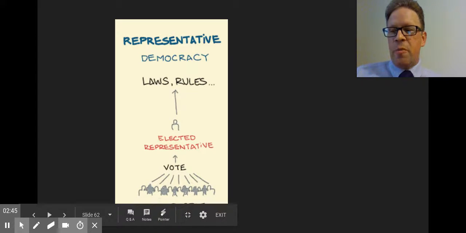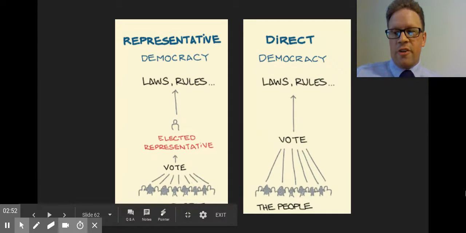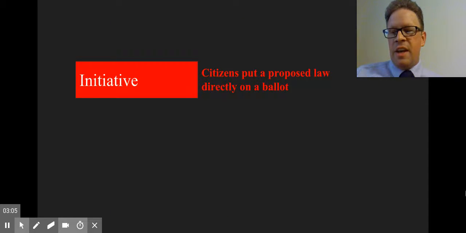Instead of representative democracy, where people vote for their representatives in the government, on occasion our government uses direct democracy, which is where voters directly make policy decisions. Now, direct democracy is used with things like an initiative, a referendum, and also a recall. An initiative is actually a process enabling citizens to bypass their state legislatures by placing a proposed law directly on the ballot. So if you have an initiative, it means you don't have to be in Congress to get something passed. You can do it yourself.